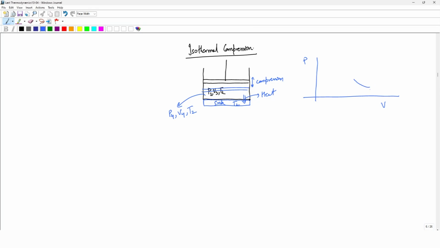So that is P3 V3 T2, and that is P4 V4 T2, and the last part of the cycle is adiabatic